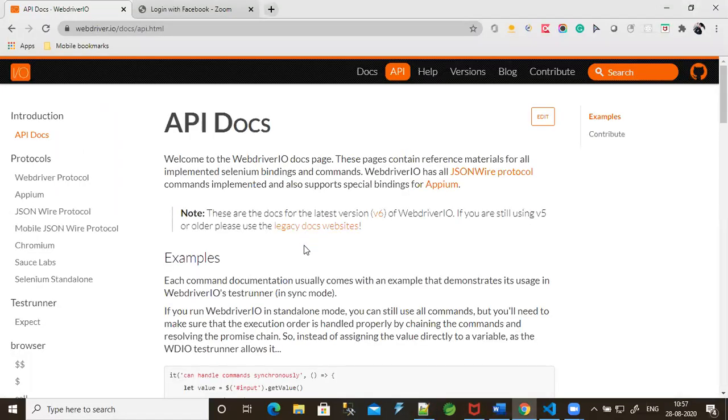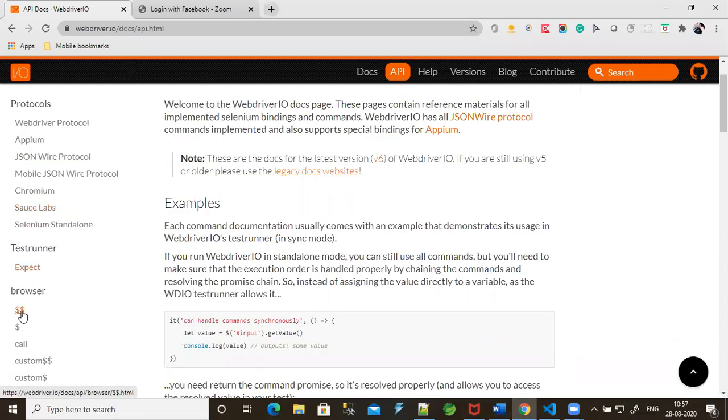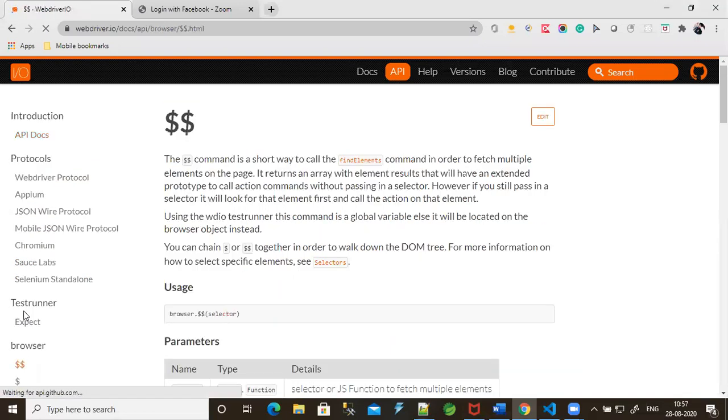This is the official documentation for WebDriverIO. Today we're going to discuss find elements, that is the double dollar. When I click on this, we can read what they are saying. The double dollar command is a short way to call the find elements command in order to fetch multiple elements of the page.